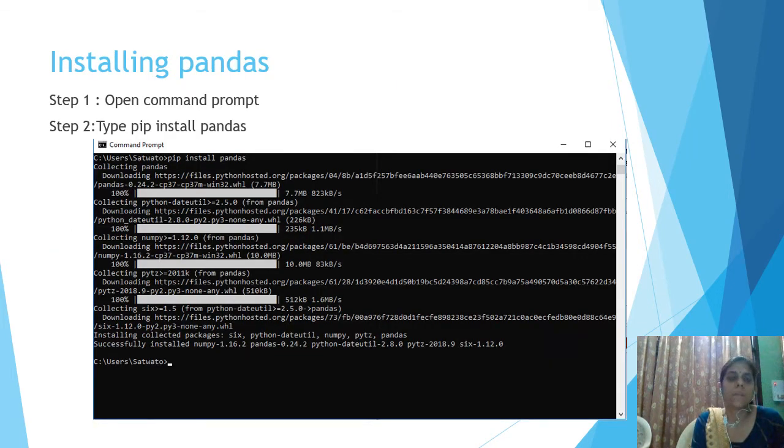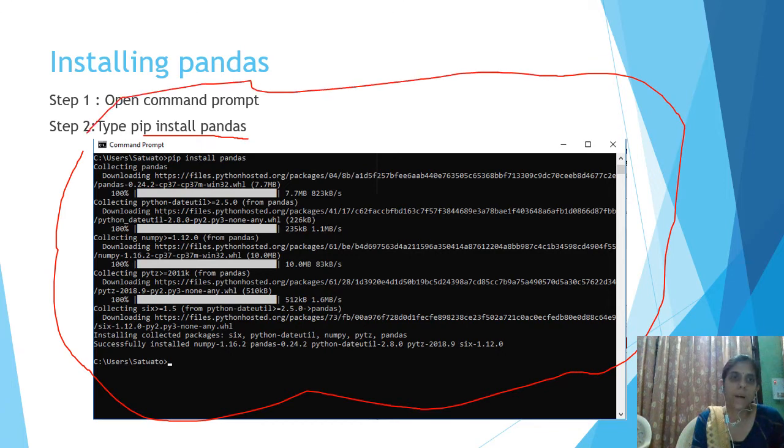So this is the command for how you can install Pandas in your system. First of all, you must note down one thing: your system must be connected to the internet before installing Python Pandas. And when your system is connected to the internet, open your command prompt and type pip install pandas. Then your screen will show this type of commands, and when you get the message that it is successfully installed, then Pandas is installed in your system and now you can work on Python Pandas.